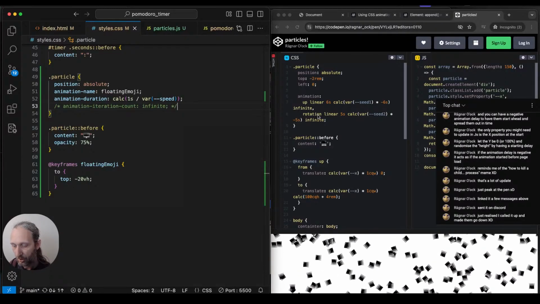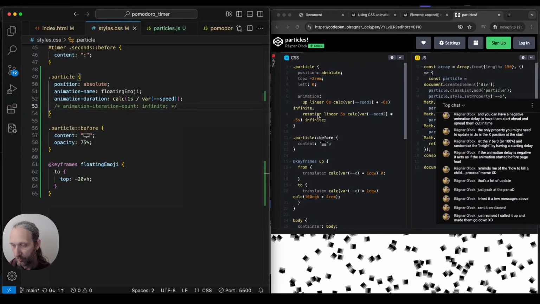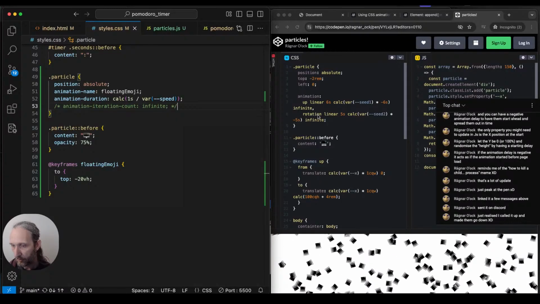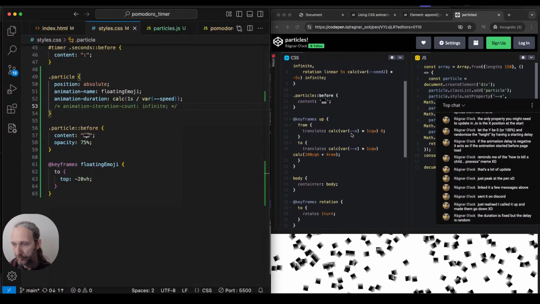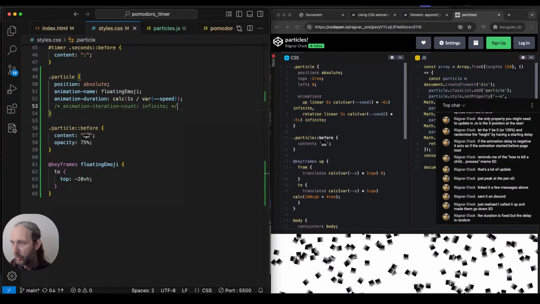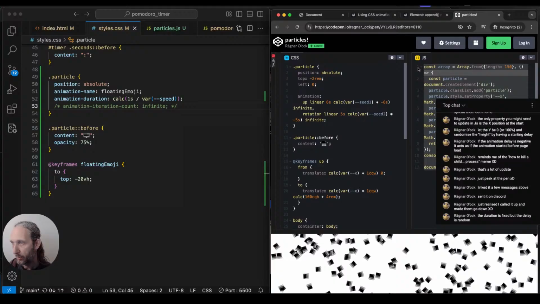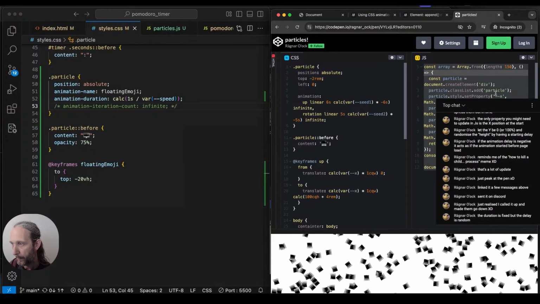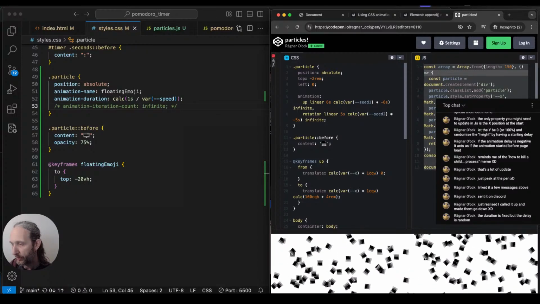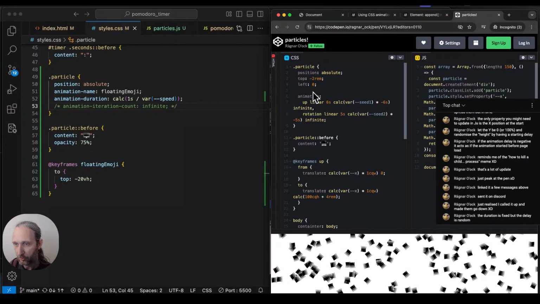Infinite rotation. So are all of these... but are they... yeah, so this is just creating 150 particles. Y, seed 1, seed 2, return particle, console log array, okay, absolute, top left, animation,